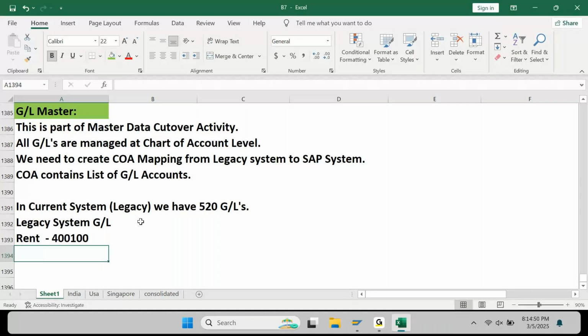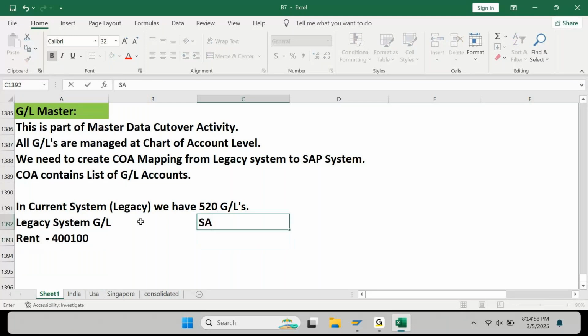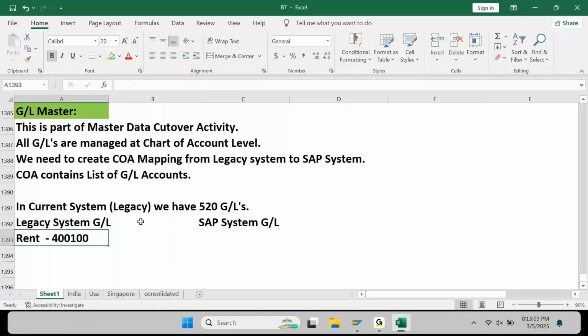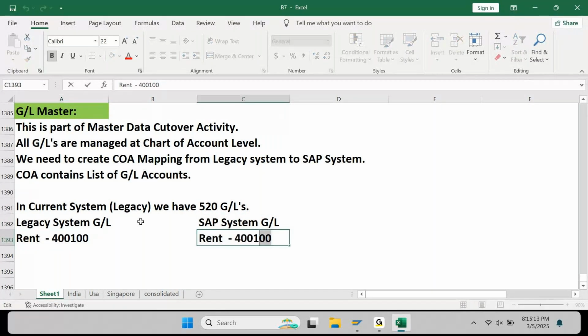Am I right? Otherwise, what they will do, 520 GLs in legacy, they will end up giving you 520 GLs in SAP. If I say SAP system GL, they might give 500 again. They might give the same thing here. Maybe the account number might be different, it may be 4000 like this, but there is no difference here, right? If you do like this,